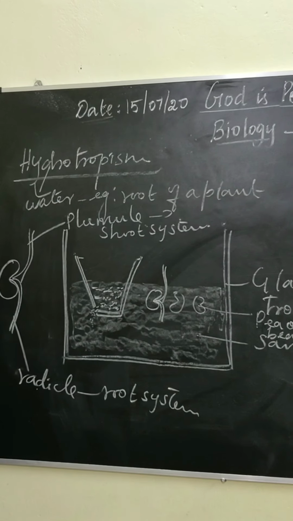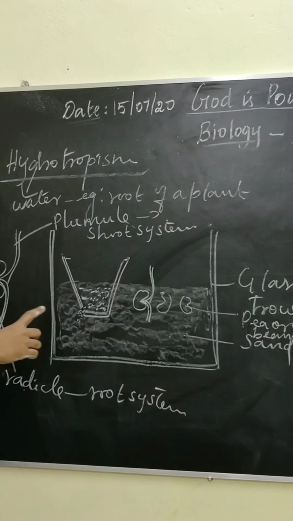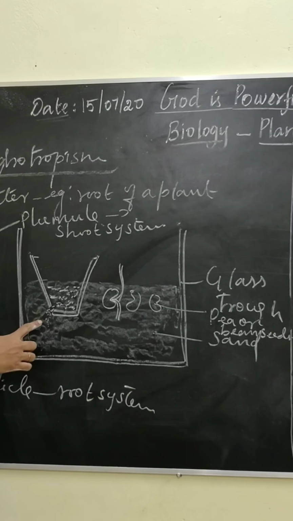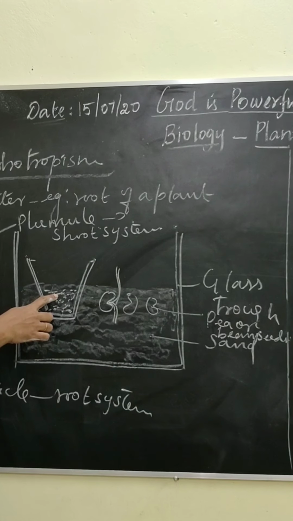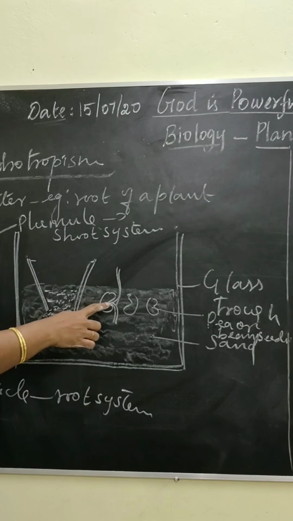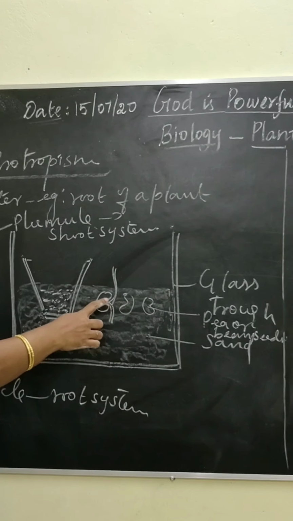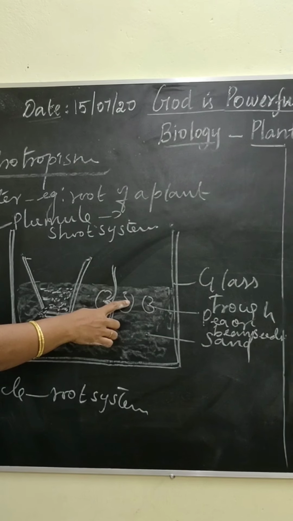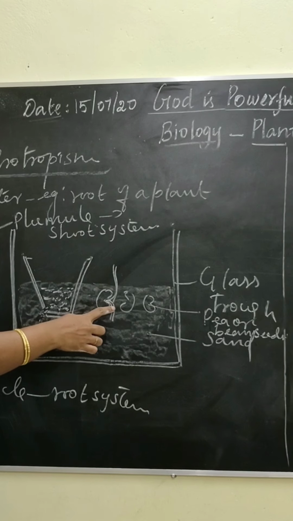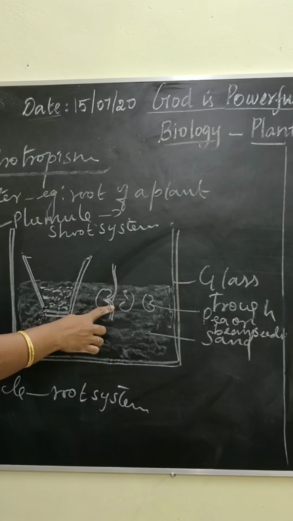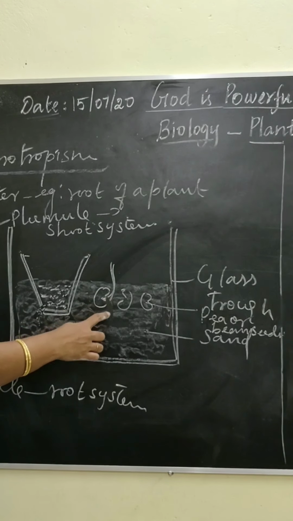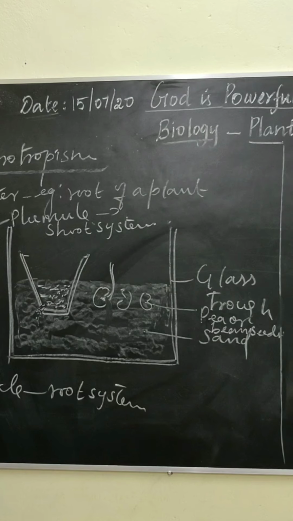Yes. Write that down in your notes, children. First point, take a glass trough containing sand. Second point, place the flat pot containing water, plugged at the bottom, inside it. Now drop 3 or 4 seeds. Which seeds? Pea seeds or bean seeds, inside the trough. After 3 or 4 days, you could notice that the radicle has grown towards the flat pot containing the water.